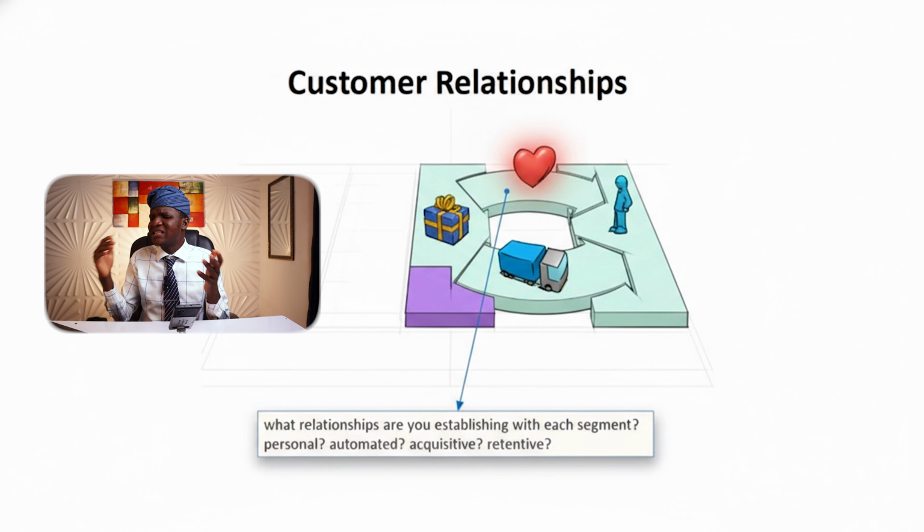The next part of the puzzle is what we call revenue streams. You need to be able to understand what parts of your business you can make money from. You need to understand where, apart from your standard products, you can generate revenue from. Let me give you an example.